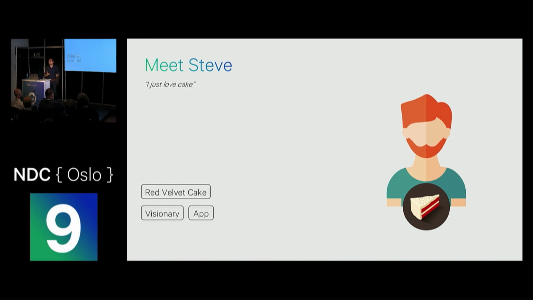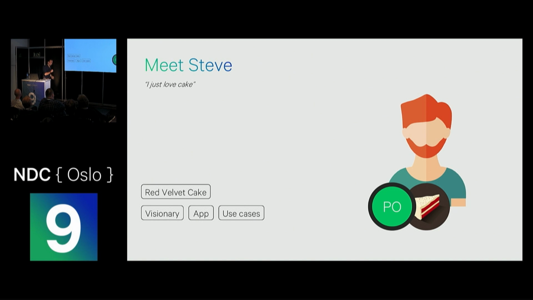and he is becoming... He loves the red velvet cake. He has a certain vision of an application, and he knows what he wants. So when it's formed into a project, he's becoming the product owner. A product owner usually talks in forms of use cases. I'm pretty sure many of you have seen use cases before, and that's kind of the start of a Scrum team where the product owner defines his wishes, his functionality that he wants inside of use cases.